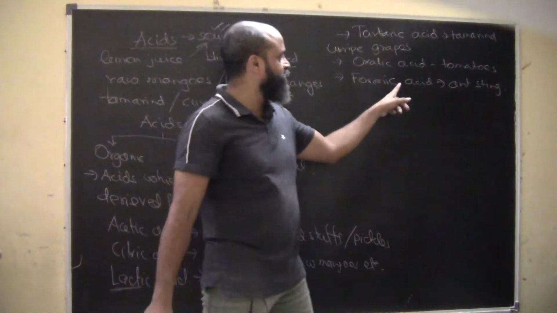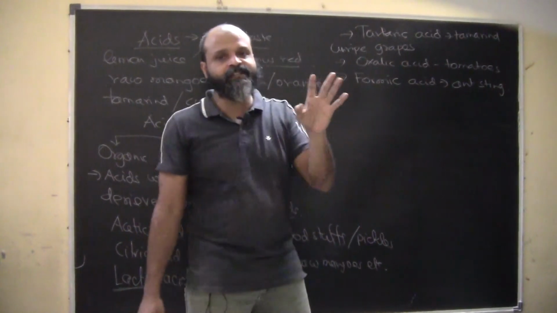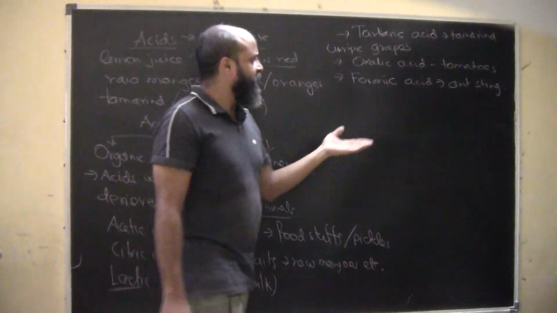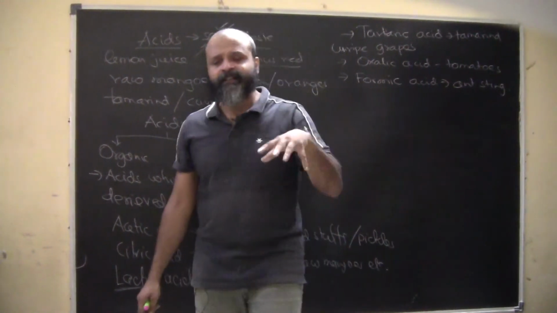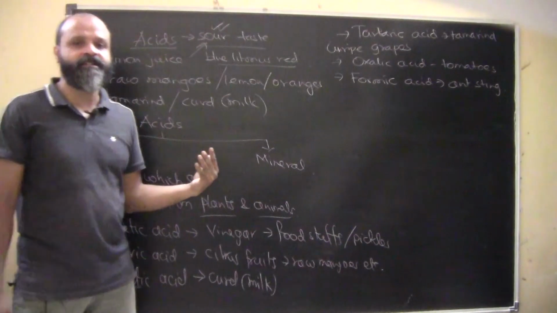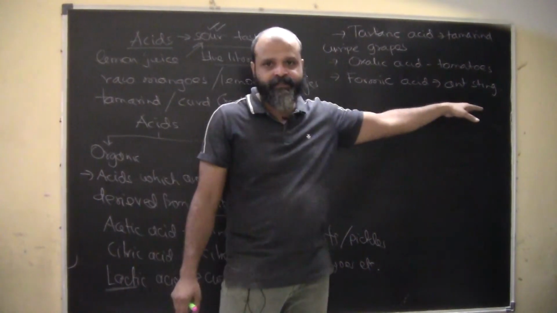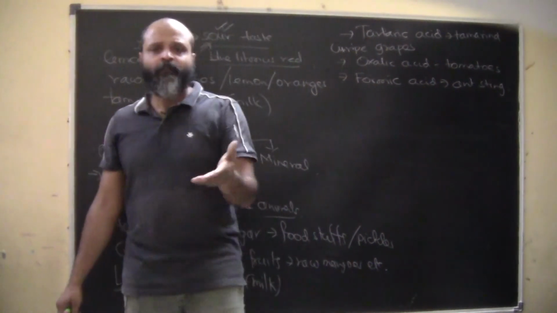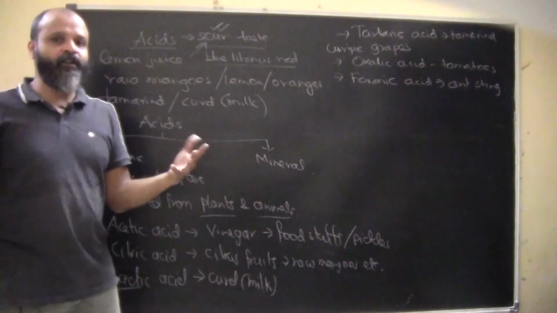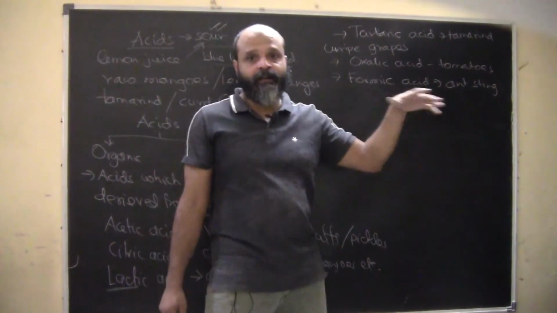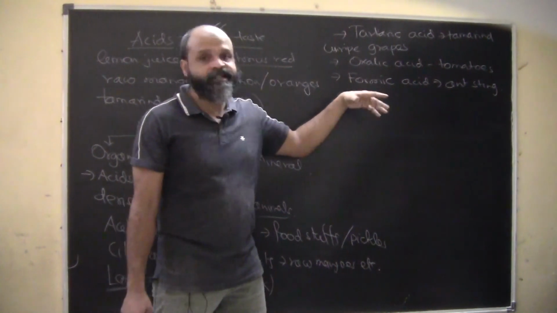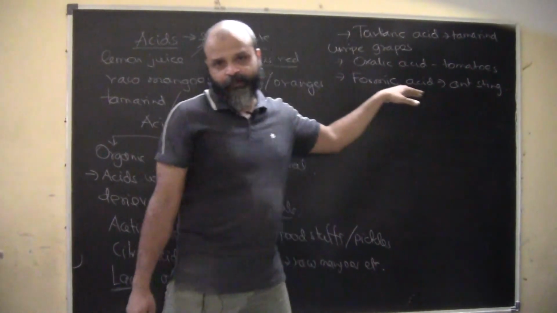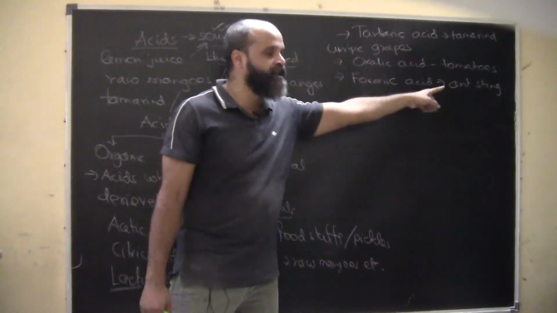Why do you feel that? Because they have released formic acid in you. Formic acid in very small quantities has been released in you, and that's the reason your body responds with that itching sensation. They do it in their defense. Actually, it's a very small quantity, and formic acid is any which way a very weak acid. It will not have any very serious effects on the body, but again, that itching sensation is produced. So formic acid is basically present in ant sting.